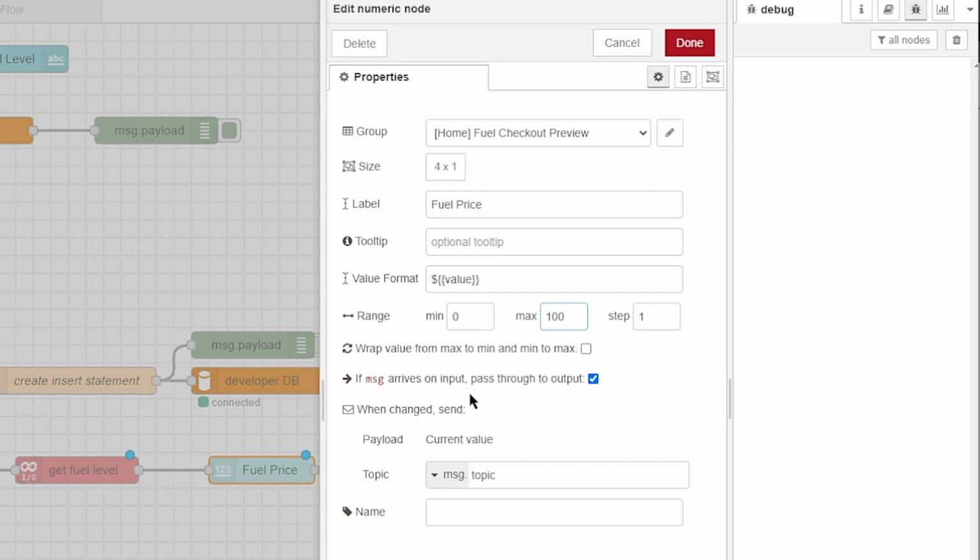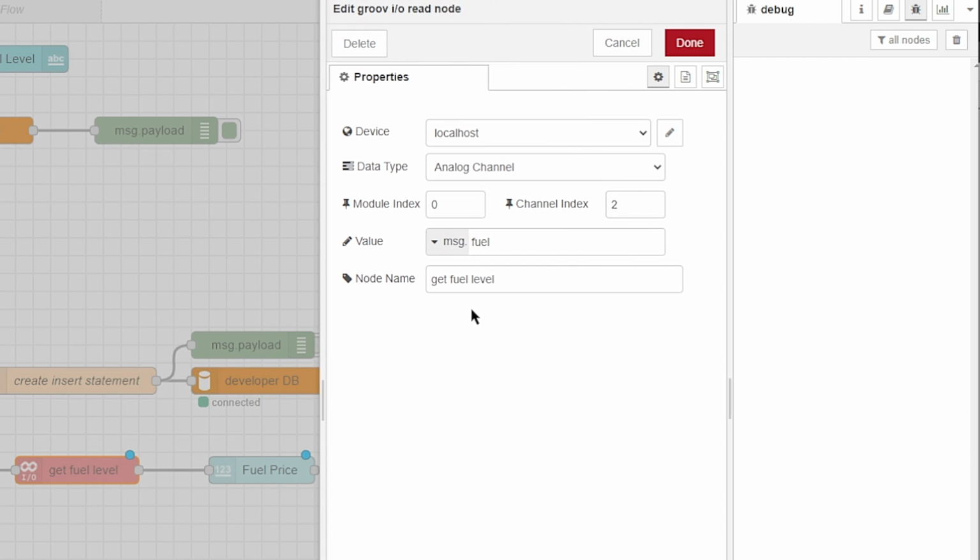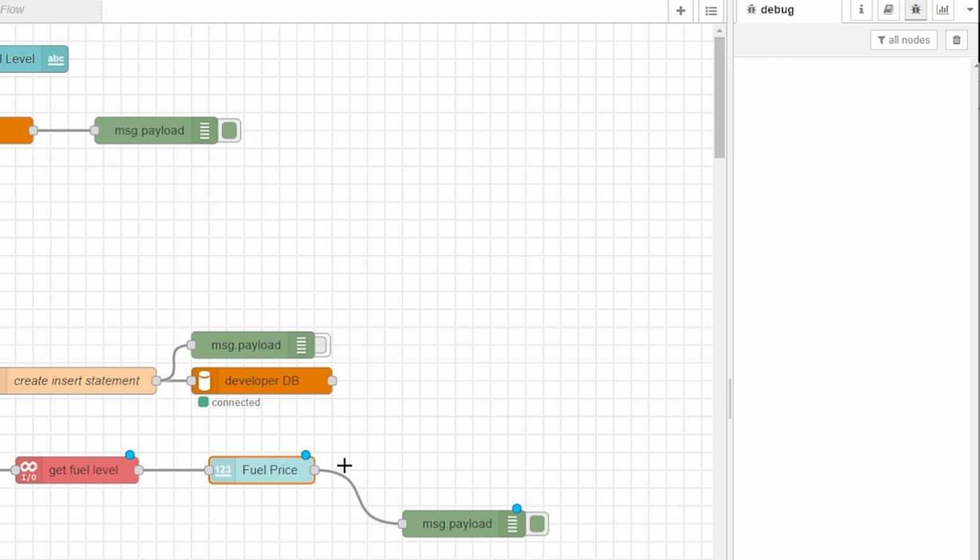Now you can see here, when the value changes, it sends a message.payload, and I can't change this. No matter what I do, it will always overwrite message.payload. It's hard-coded into this node. That's why I couldn't save my fuel level to message.payload. I have to save it to message.fuel so that it doesn't get overwritten. That's what's happening there. Now I can check to make sure all my values are coming through to the end